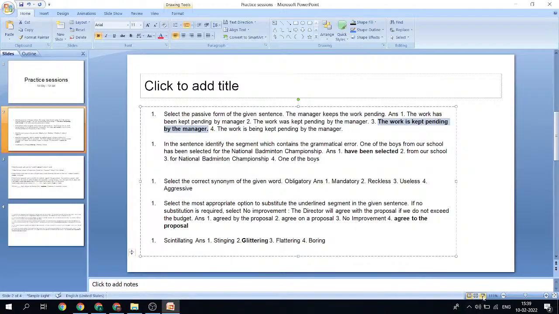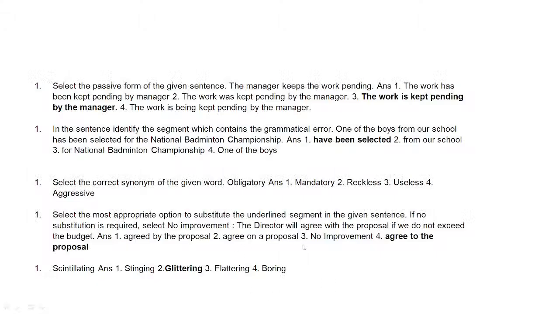That is why I can change it to has been. But that is not the way. We have the simple present tense here. The manager keeps. So how will that be changed? The work is kept. We are keeping is like that only. Okay. Is what? Is the be verb. And what is keep? Keep is the main verb. And in the passive tense, what do we have? In the active one, if we are,